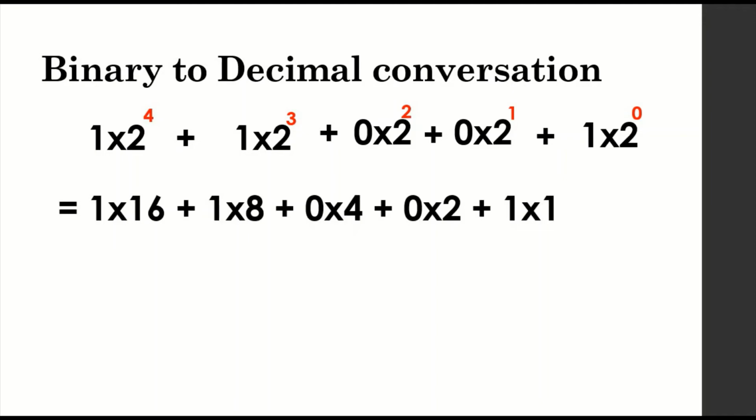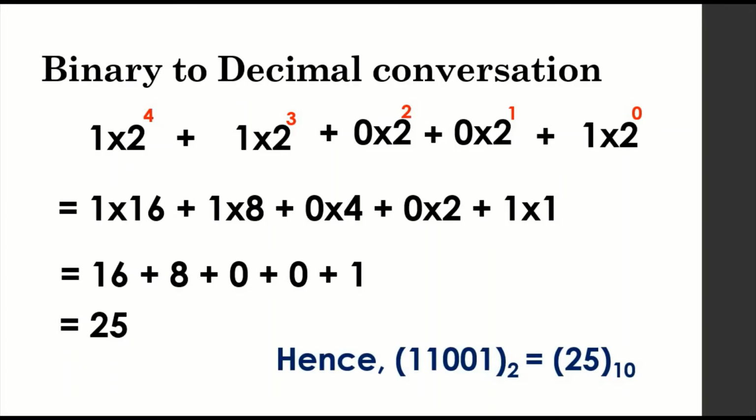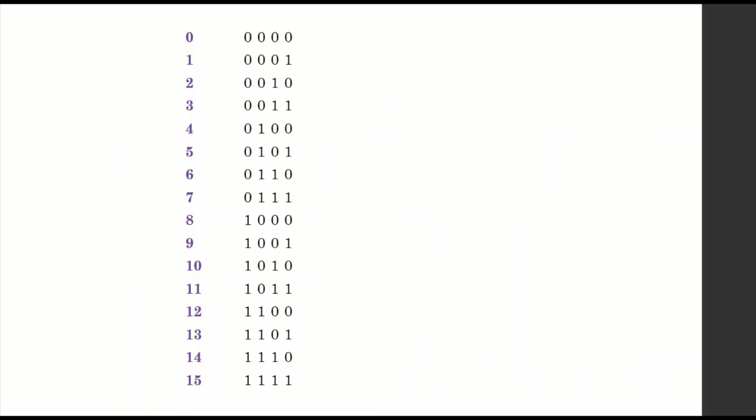Then this is equal to 2 to power 4 is 16, 2 to power 3 is 8, 2 to power 2 is 4, 2 to power 1 is 2, and 2 to power 0 is 1. So when we multiply, we get 25 after adding 16, 8, and 1. So this is it. The next conversion requires us to have an understanding of these numbers you see displayed on